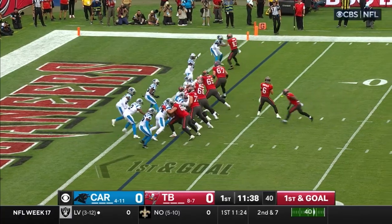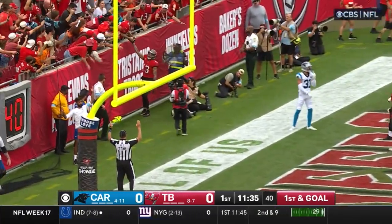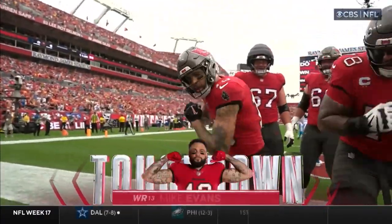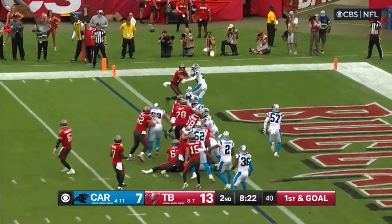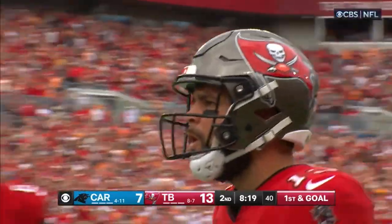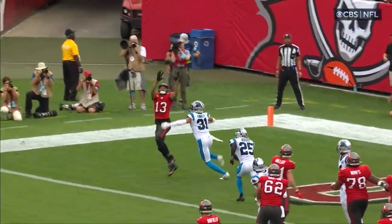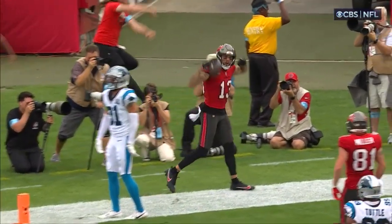First and goal with Irving in the backfield. Mayfield double clutch throws. Caught by Evans. Touchdown, Tampa Bay. Mayfield up in the air. Evans, the hands, secures it for the score. Exactly what they planned to do in this first half. See that route there by Mike Evans? There's not much skill in that route, but they're...